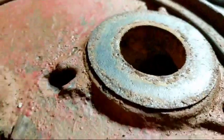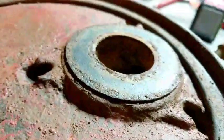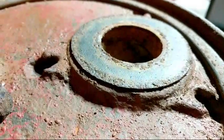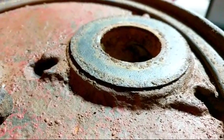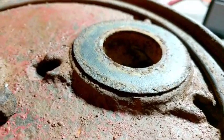What does a ram pump do? Okay, I guess I need to back up a little bit. A hydraulic ram pump is a mechanical pump. It uses falling water to pump water to an elevation. And it does it without electricity. It was invented in